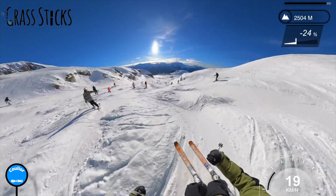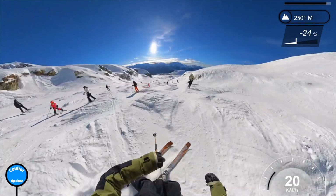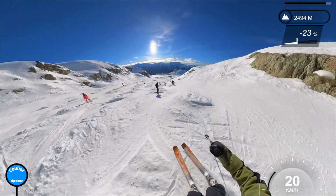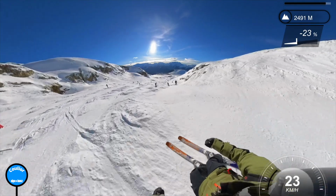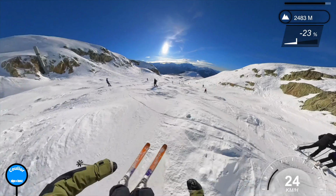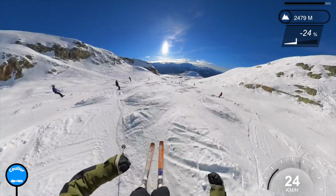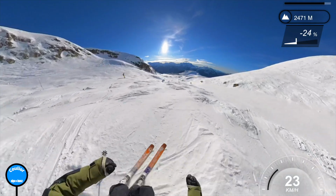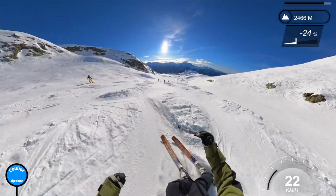My aim here now is not to impress, it's not to show off. It's more just to show where I am and what I'm doing. And I'm really blending skills together here. If you don't like bumps, or the little patches of ice that are in between these bumps, like that vicious looking one just there,